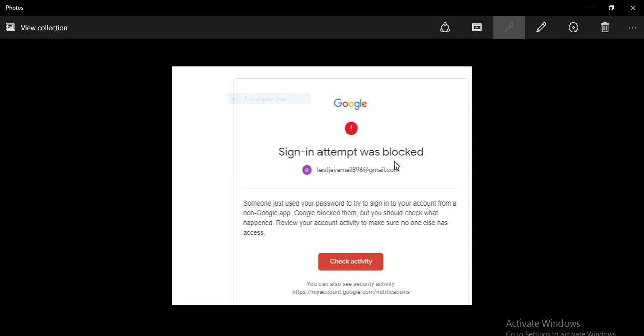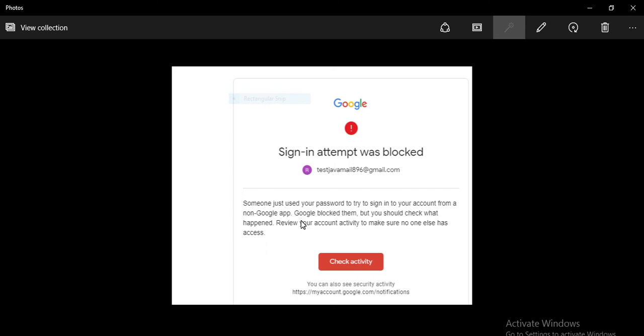So that's why you can see the message: someone just used your password and tried to sign in to your account from a non-Google app. From a different app, as you can see, our Java application is trying to log in to Gmail from our own Java program.